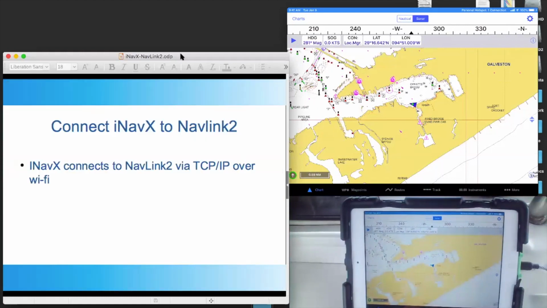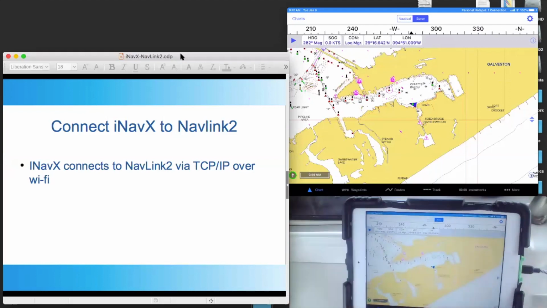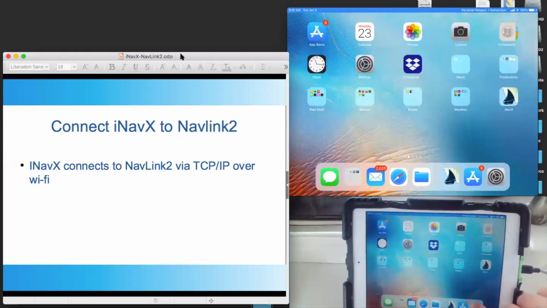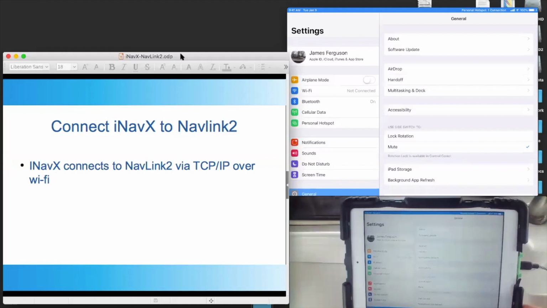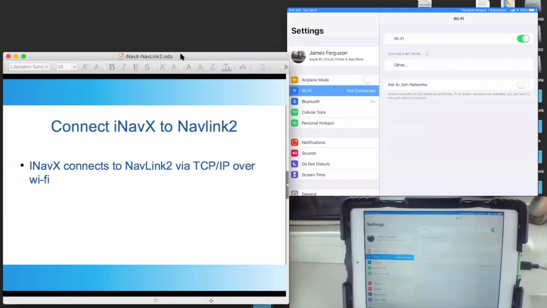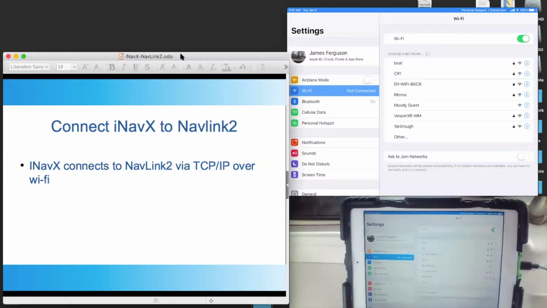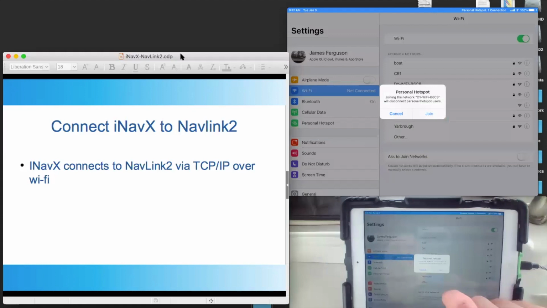Now, iNavX connects to the NavLink2 using a TCP/IP wireless connection. To get that started, you first have to make sure that you're connected to the Wi-Fi network that is created by this device. And in this case, it's that Wi-Fi right there. It's not a personal